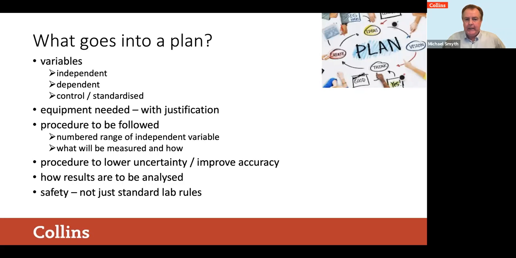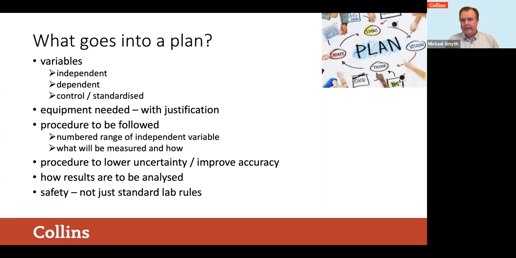We would expect the students to give the number and range of an independent variable. So rather than saying, for example, I will change the temperature each time, it's not enough. Nobody could follow that exactly. We would expect them to say, we will increase the temperature in steps of 10 degrees C from 0 to 60, something like that. And I always try to encourage students to put in too much detail rather than too little. Make sure that someone else could take this method or plan and follow it exactly, reproduce it.